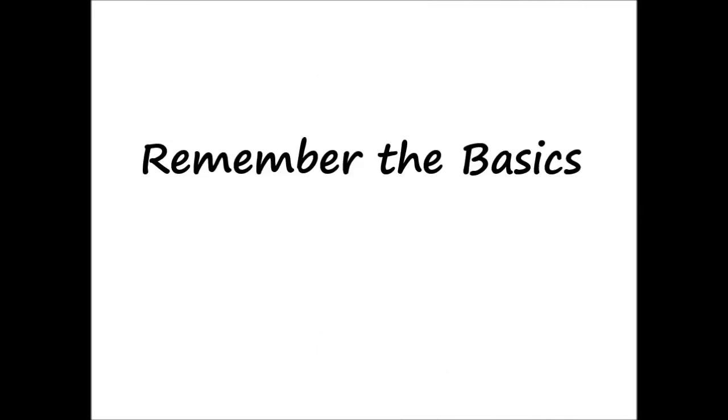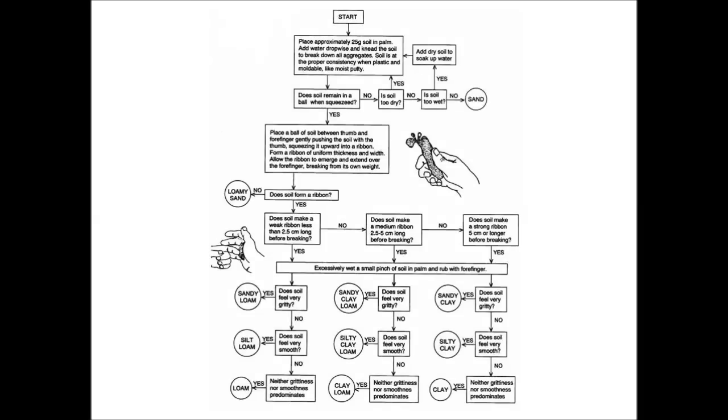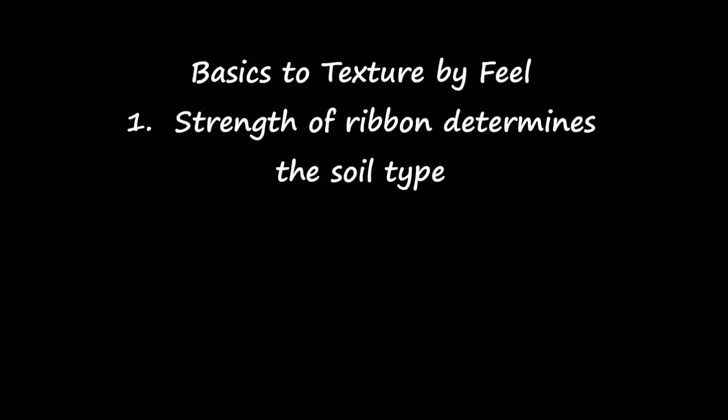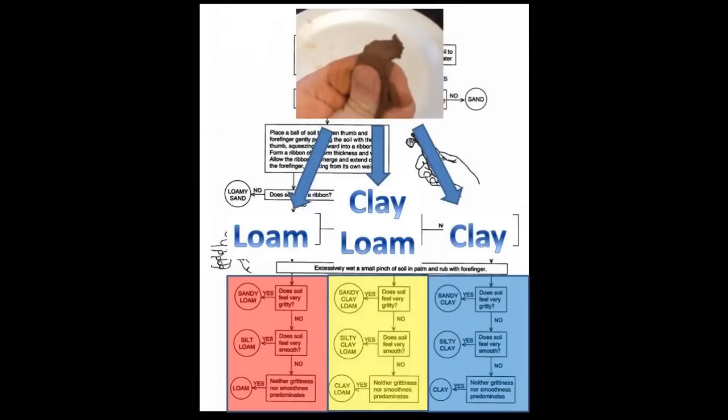The texturing you perform can remain consistent and accurate as long as you remember the basics. We demonstrated a few basics of the texture by feel method. By remembering these basics, you can successfully identify the texture of the soil and the corresponding soil group. So let's review the basics that we covered. The first is that the strength of the ribbon will reveal the soil types that we're working with. A weak ribbon represents the loam types, a moderate ribbon represents the clay loams, and a strong ribbon represents the